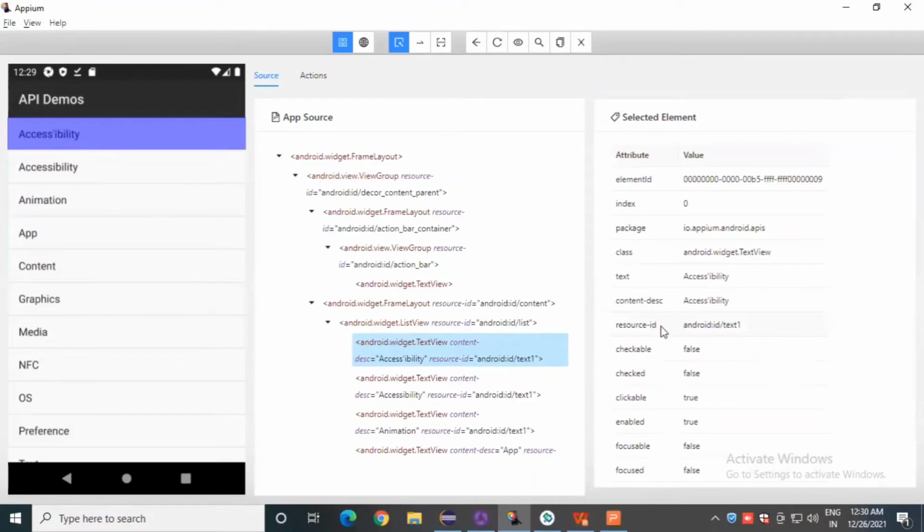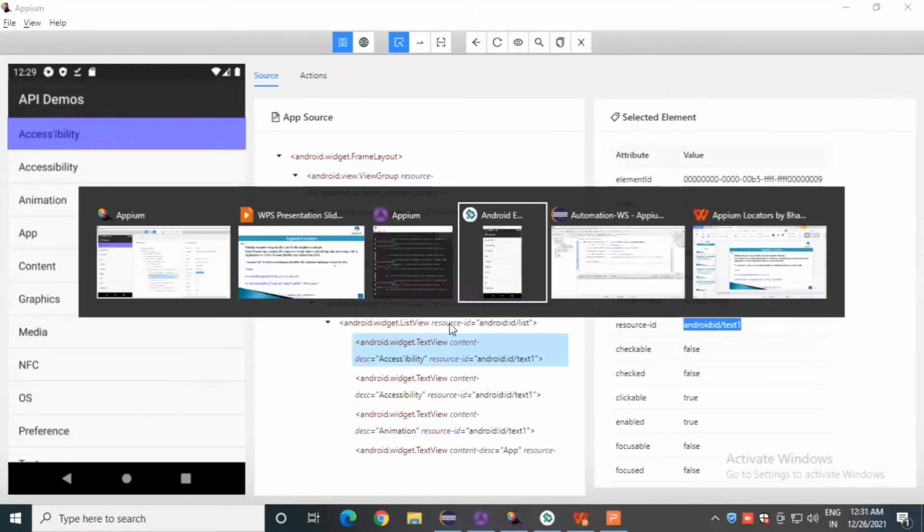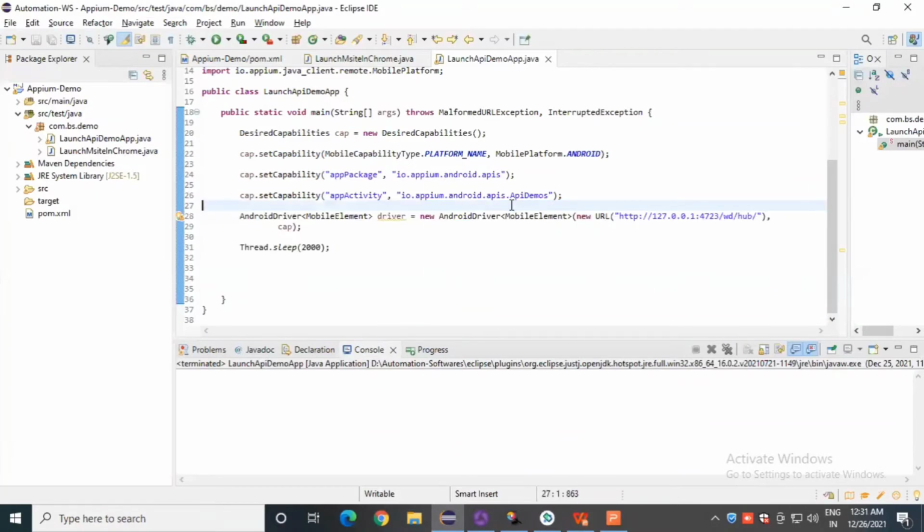So these are the attributes, resource ID, and this is the value for this particular accessibility element, right? So I just copy this value of the resource ID for this accessibility element. Just copy this value from here, and we'll go to Eclipse, where we have already launched this app.